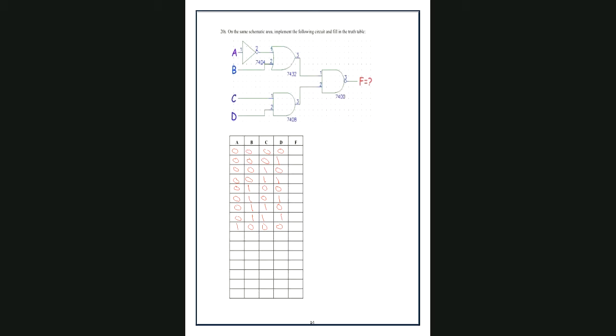Or you can do like this. The first 8 are all zeros, then all 8 ones. Then you have 4 zeros, 4 ones, 4 zeros, 4 ones, then 2 zeros, 2 ones, 2 zeros, 2 ones, then 0 1 alternatively. Okay, this is the input. Please, all of you note down this. This is the input.